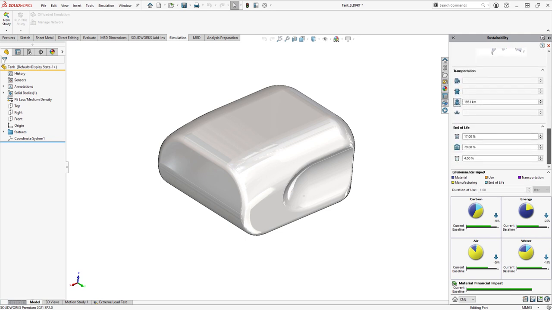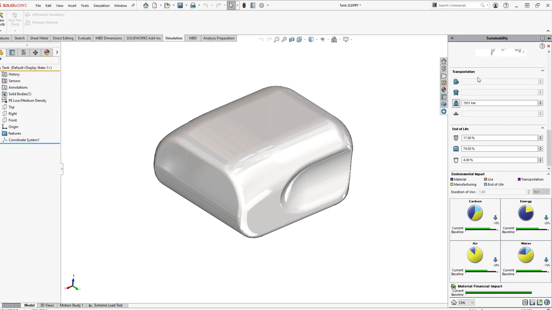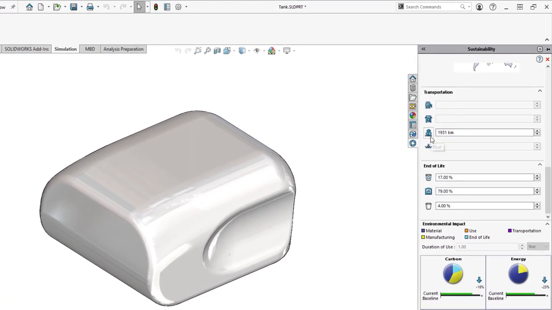Obviously choosing the solvent base, which we started with, will ramp that right back up again and have a detrimental impact on the environment. So transporting this from Asia to Japan, it will give me a default value and a default method of shipping and a value for the distance, but I can overwrite and I can add different stages of transport in as applicable. So if I have that further data, I can add that myself. And the end of life for this part, we can put in values for the amount of recyclable content, how much of that goes to be incinerated and what ends up in the landfill.